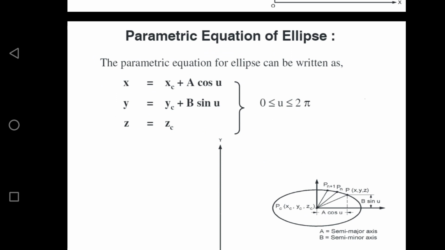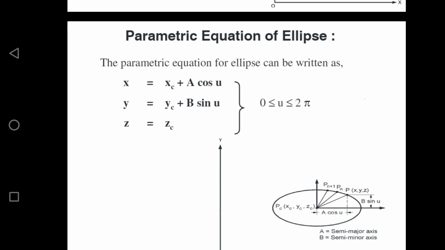So this is a simple one. If I wanted to find out the parametric equation of the point P, that is simple. But what if I wanted to find out the parametric equation of my successor point compared to the initial point P, which has the coordinate points x, y and z? If the initial point is Pn with an independent angular parameter u, and I wanted to find out the successor point Pn plus 1, I need to go for the recursive method.